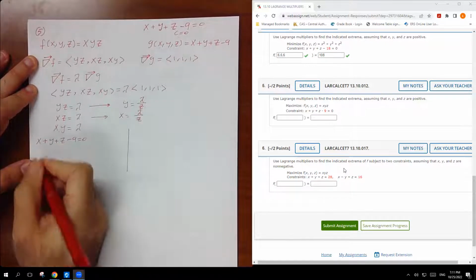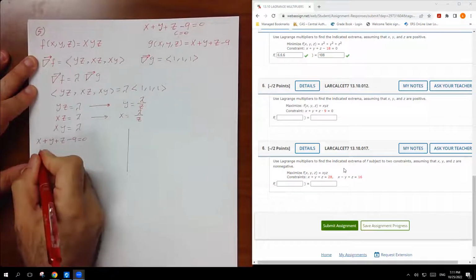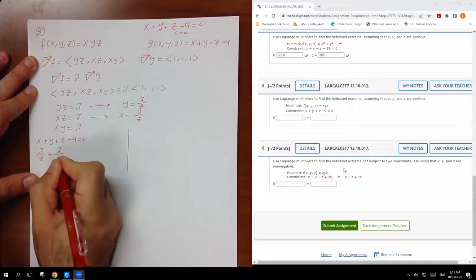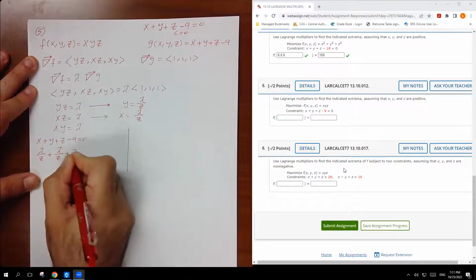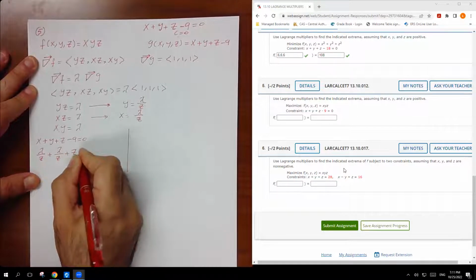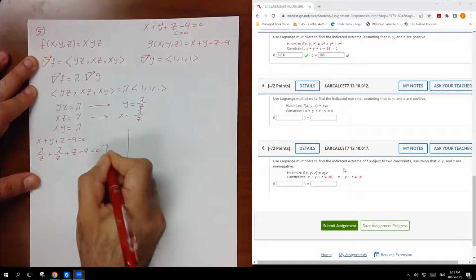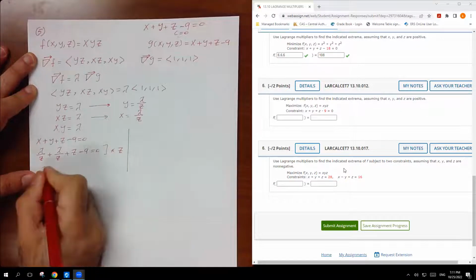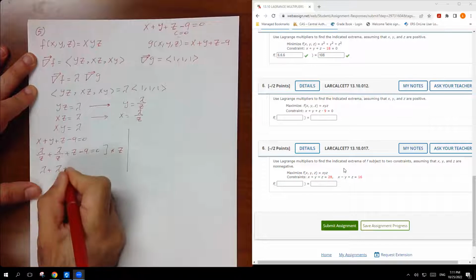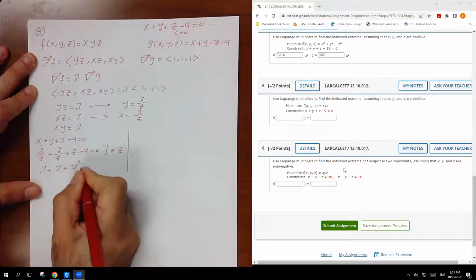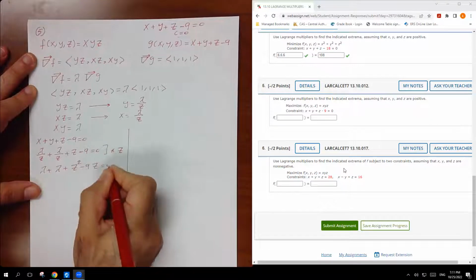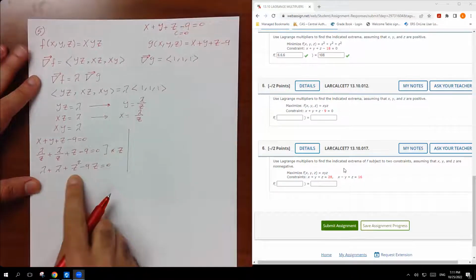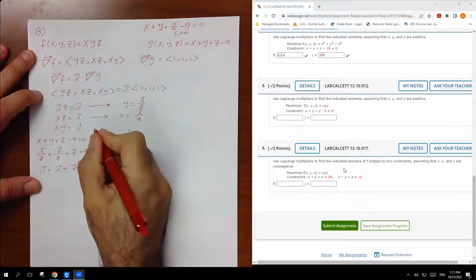Let's plug in these two here. So it's going to be x, which is lambda over z, plus y, which is lambda over z, plus z minus 9 equals 0. I'm going to multiply everything by z to cancel the denominator here. So it's going to be lambda plus z squared minus 9z equals 0. I still have lambda. I can solve it for two variables. But let's check here. From the third one,